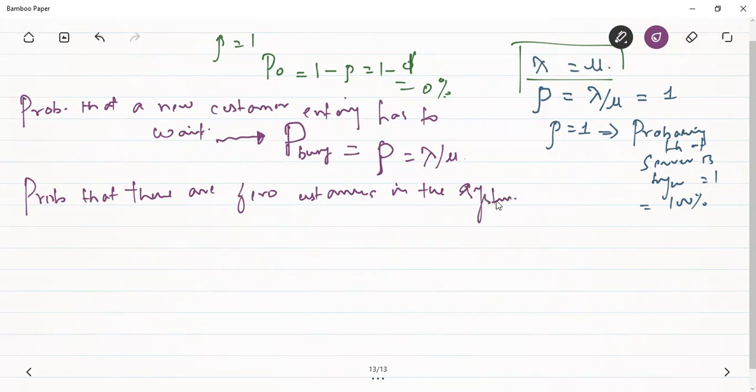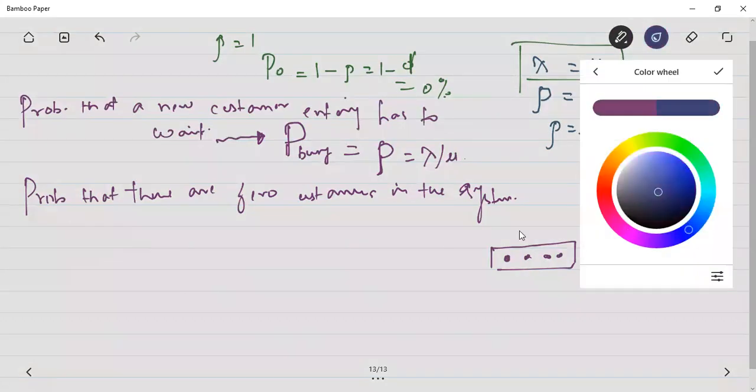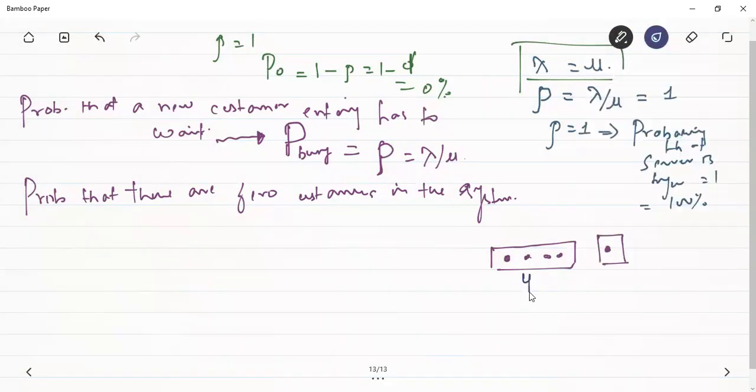Okay, what is the probability that there are zero customers in the system? सबसे पहले हम बात करते हैं सिस्टम की। See here, there are few people waiting in the queue. Okay, there is one person who is getting serviced. यहाँ पे चार लोग क्यू में बैठे हैं। यहाँ पे एक सर्वर है।